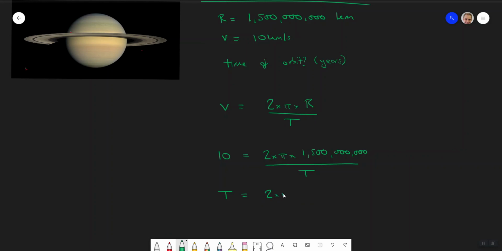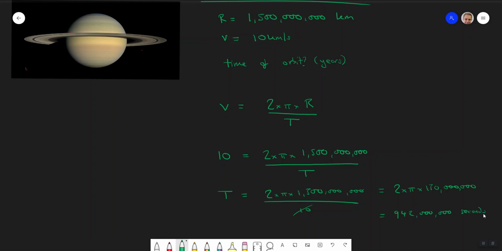So we get 2 times pi times 1,500,000,000. So many zeros over 10. That's nice. We can cancel that out. So we've got 2 times pi times 150 million. Okay. So let's actually just do that multiplication, and we'll end up with a number, and then it'll be in seconds. So we've got 2 times 3.14 times 150 million, and I've got the same, 942 million